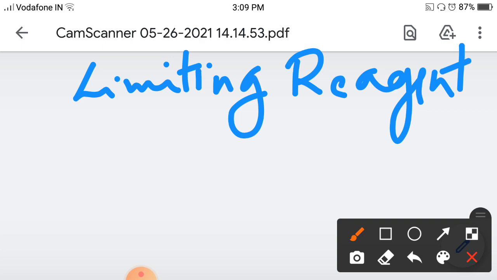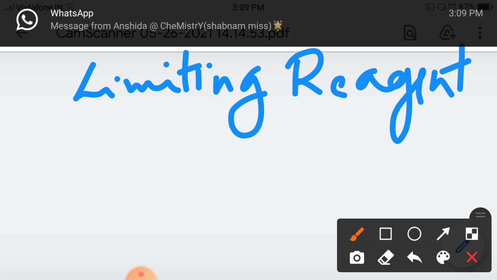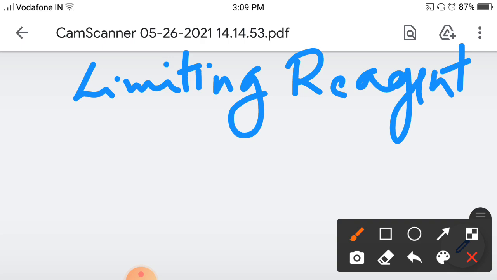There are so many questions in the NEET examination asking how much product is obtained when this much amount of CH4 reacts with this much amount of O2. These types of questions are very familiar to you, but you are not attempting them. I don't know why; perhaps it is their fear of limiting reagent, molarity, mole concept. But it's a very clear-cut area. There is no need to worry about these concepts.